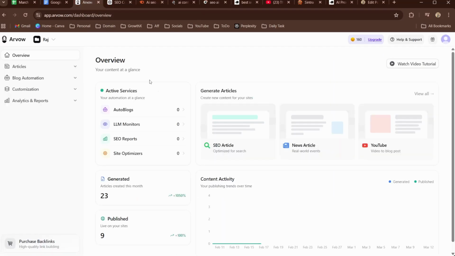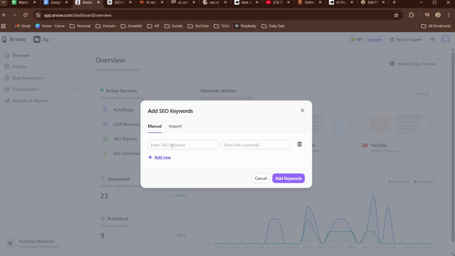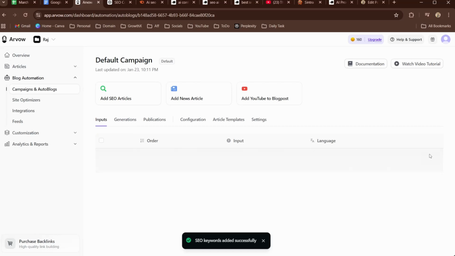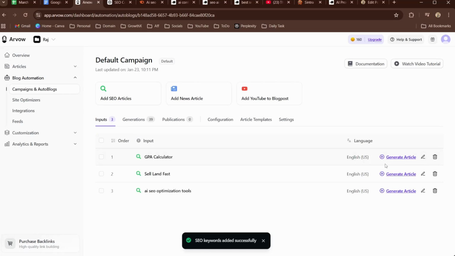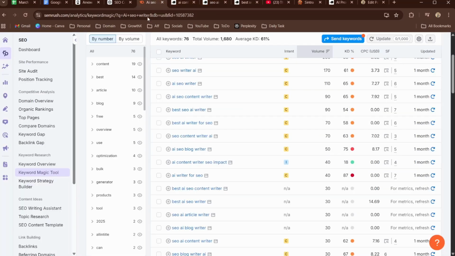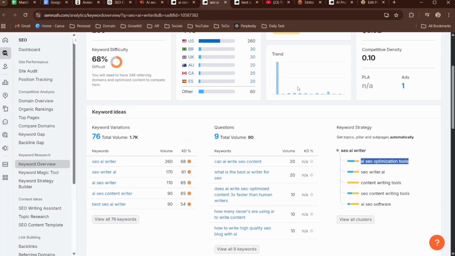go into the RWAL and click on generate article, and here I input a keyword, click on add keyword, and once I click on add keyword, it's just going to put me in a waitlist. Here I can click on generate article or also edit the input. I can also include the keyword here. So let me take the remaining keywords: SEO writing, content writing tools,